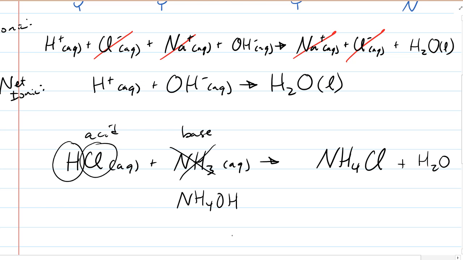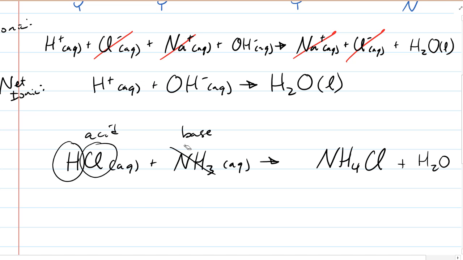But what chemists have found is that if we try to take some ammonium hydroxide, which we think is an ionic compound, if we try to isolate this compound, we can't. Okay? And we can't do it because if we think of the normal ways, like we heard earlier, if we want to get something out, maybe we heat it up or evaporate it away. If we try to take an aqueous solution of ammonium hydroxide and evaporate and try to somehow recover ammonium hydroxide, we can't do it. And that's because what ammonium hydroxide really is